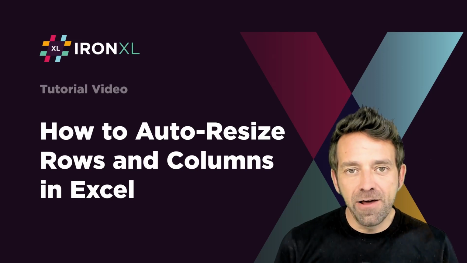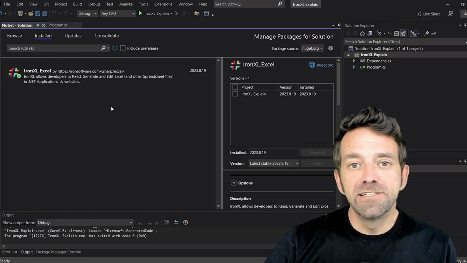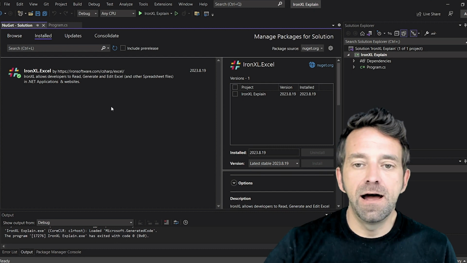Today, we're going to talk about how to auto resize rows and columns in Excel. All right, so today we're going to talk about how to auto resize rows and columns in Excel using IronXL